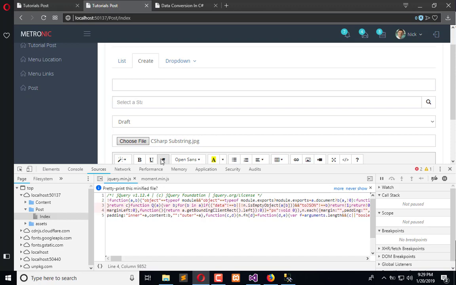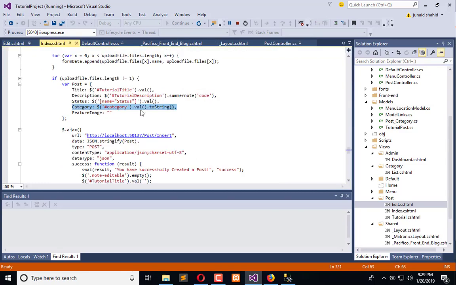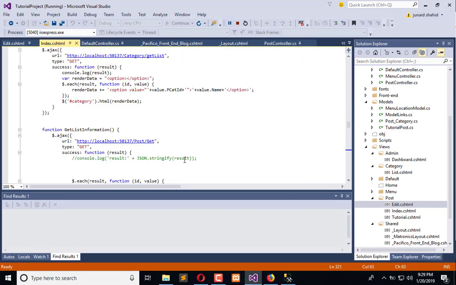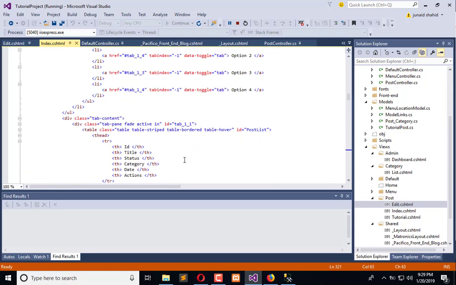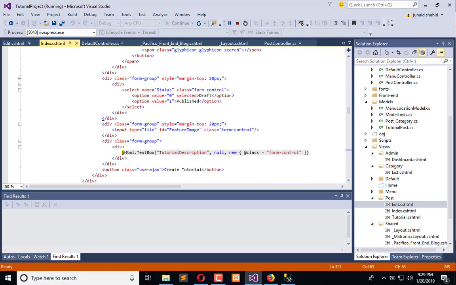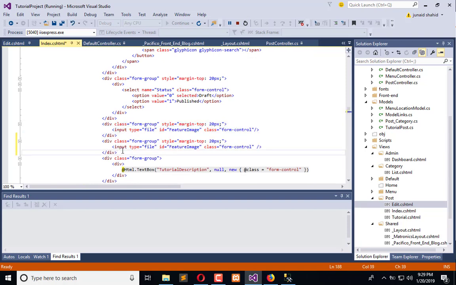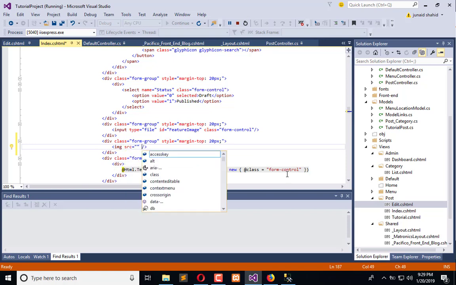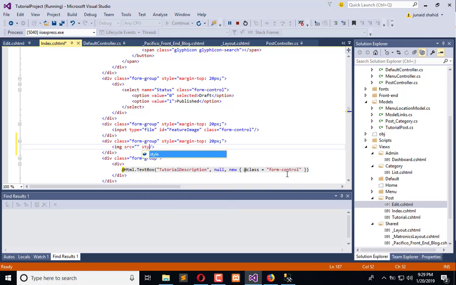actually selected. So what we will do in the post index, here we have the index. We are going to add a space to preview the image. So above the description, here is the description, above this we are going to add another field. We will add here the img tag, here the source of that image, and here will be the style, width and height will be I think so it will be